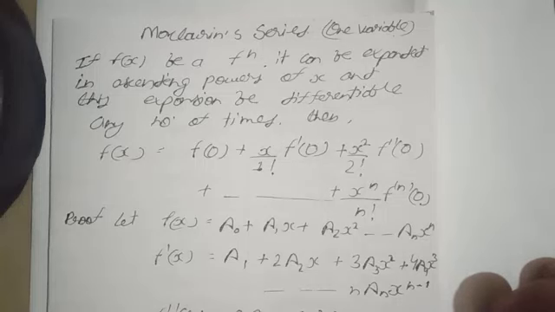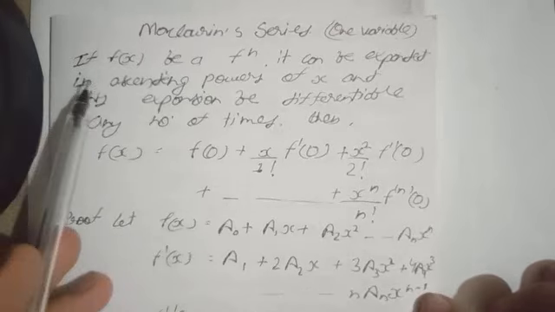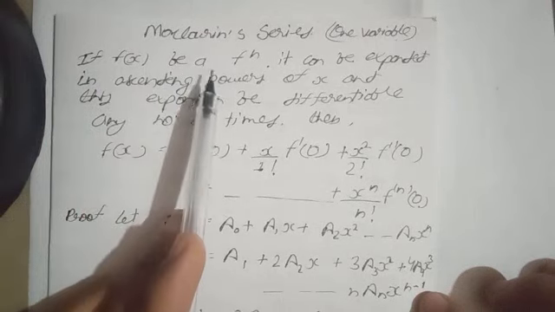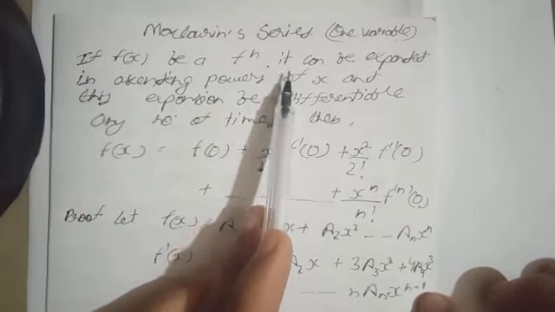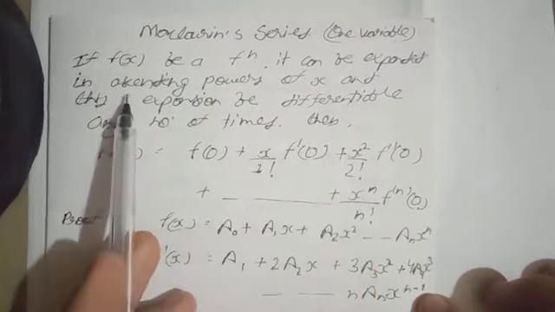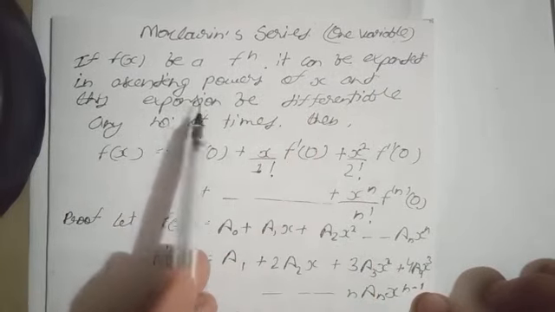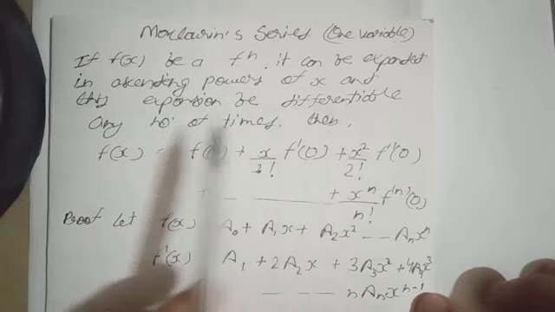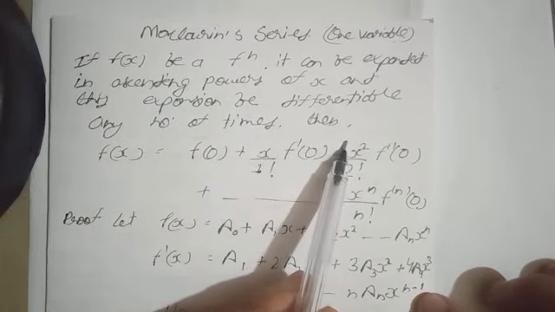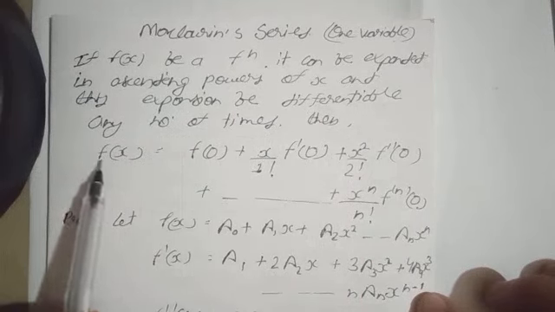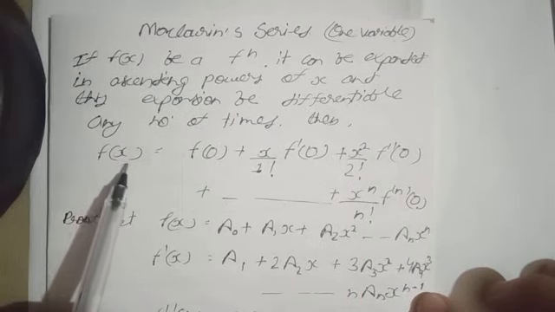In this lecture of Calculus 1, we are discussing Maclaurin's series and Taylor's series for one variable. So what is the statement of Maclaurin's series? If f(x) is a function of x and it can be expanded in ascending powers of x, and this expansion is differentiable any number of times, then the function is given, according to the Maclaurin series, as f(x)